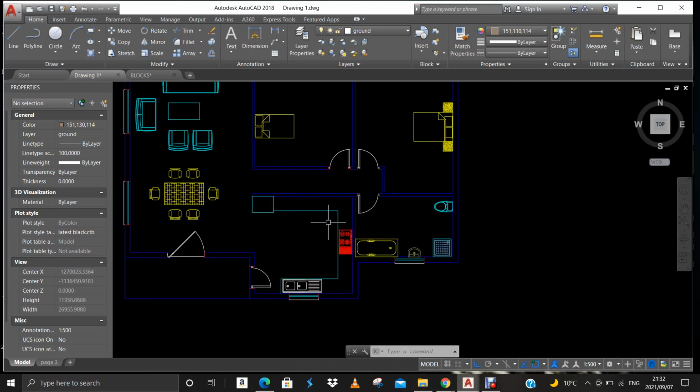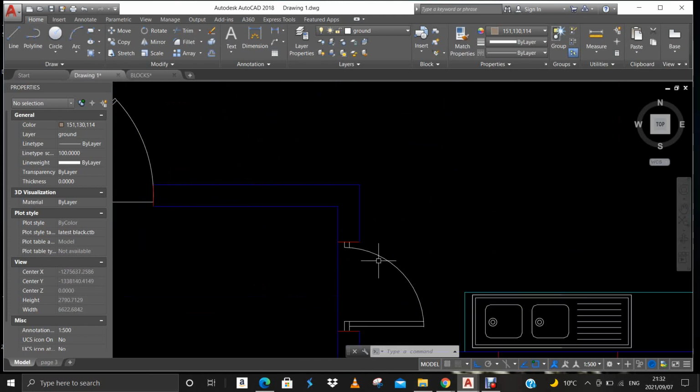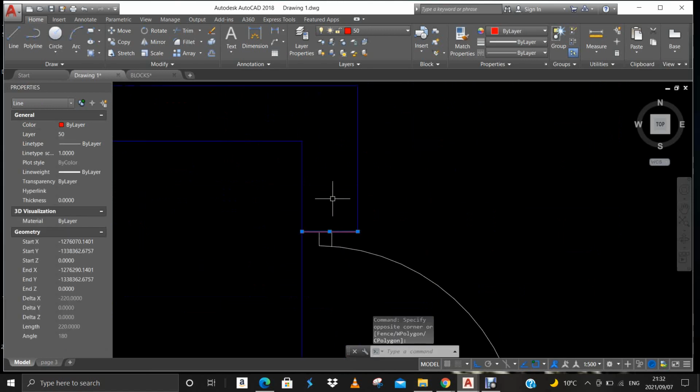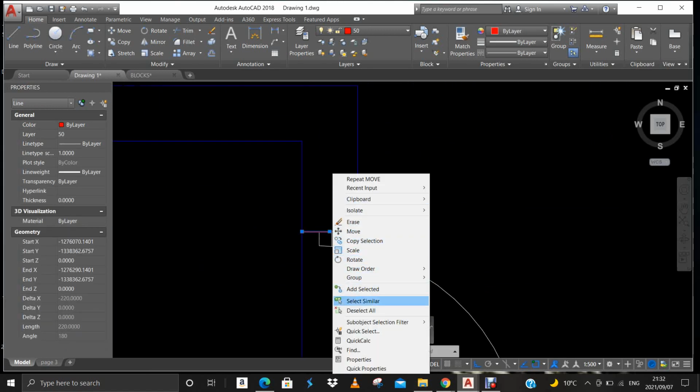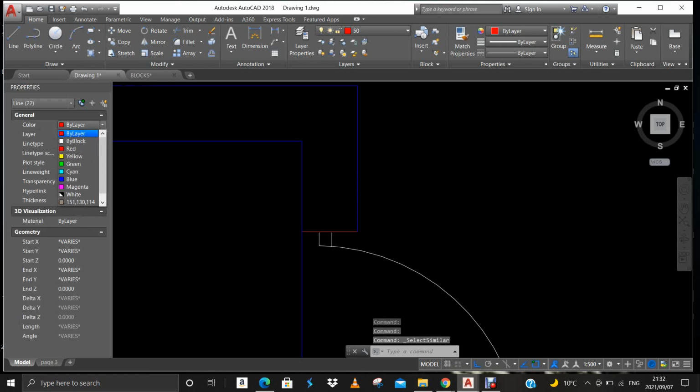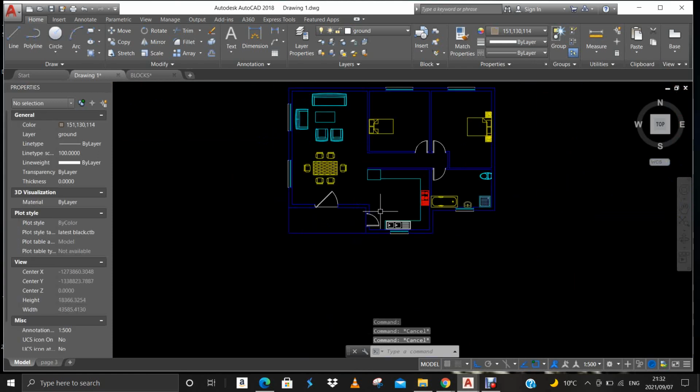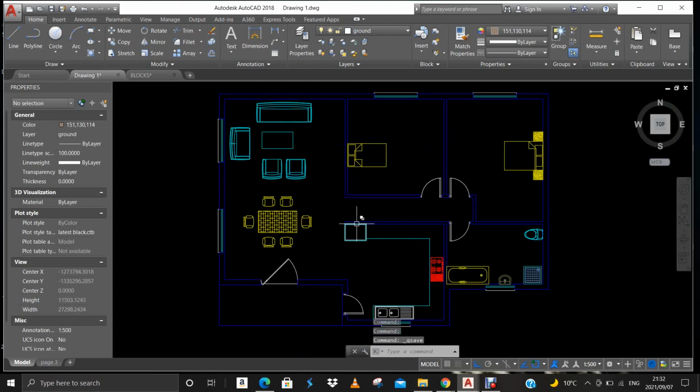But now maybe you want to add some text so that it looks nice. Let me just change these ones and select similar. Select similar and by layer already. Change the layer to walls, so that it doesn't look fun. There you go. By the way, if you want to quick save, it's Control S on AutoCAD, quick save, unless you want to use that one. And then from there,